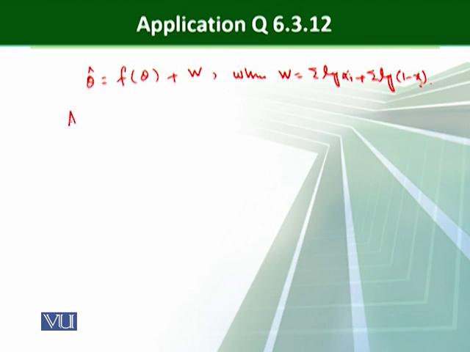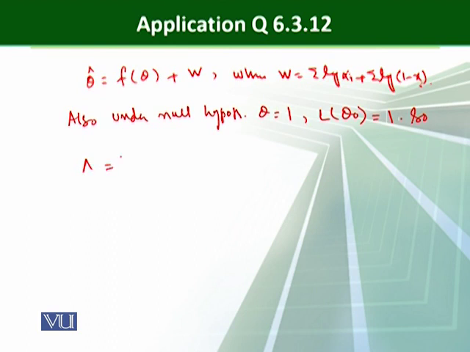Also, under the null hypothesis, that is theta equal to 1, the likelihood on the basis of the null hypothesis, if we solve it, we will find is equal to 1. So our statistic, which is capital Delta, is actually 1 over f of theta hat plus W, and you can easily see that